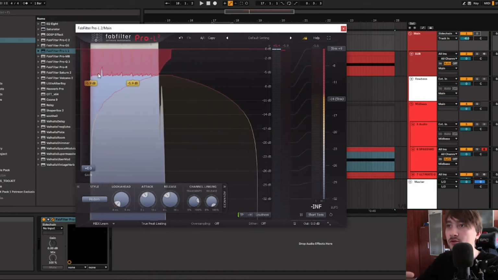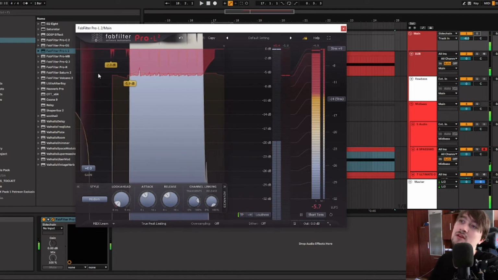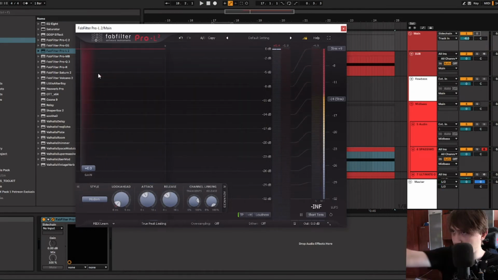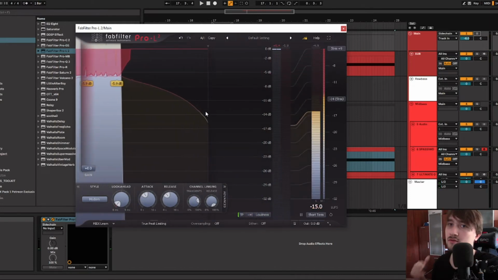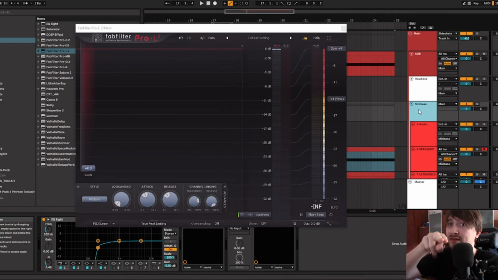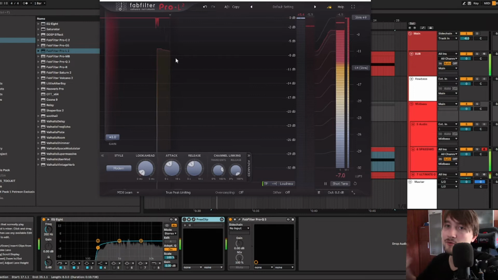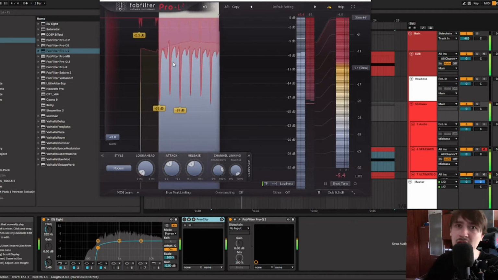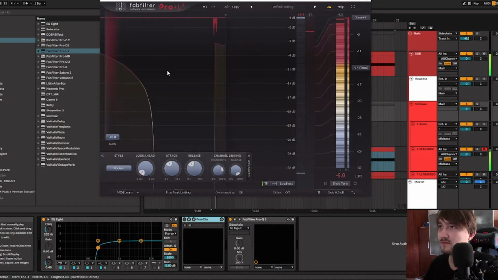So with the clipper on, just look at the levels, right? It is really blocky. Imagine that the red reduction is the reduction of the sub pretty much. Just focus on this right now. And as you can see, the reduction is rather smooth. It is rather constant, which is great because it means that our sub is powerful and stable. But as soon as I disable this clip,